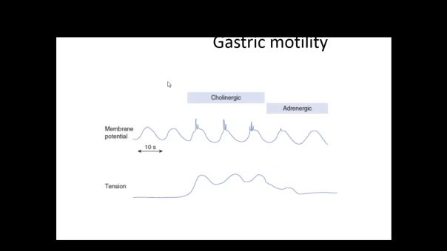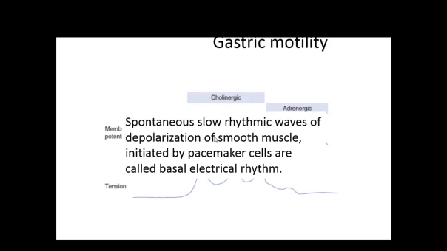Now the gastric myocyte, the smooth muscle cell, shows an undulating pattern in resting membrane potential, which is called basal electrical rhythm. This basal electrical rhythm is a spontaneous, slow, rhythmic wave of depolarization of smooth muscle initiated by pacemaker cells.